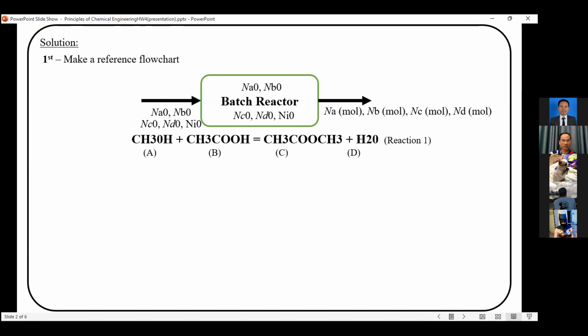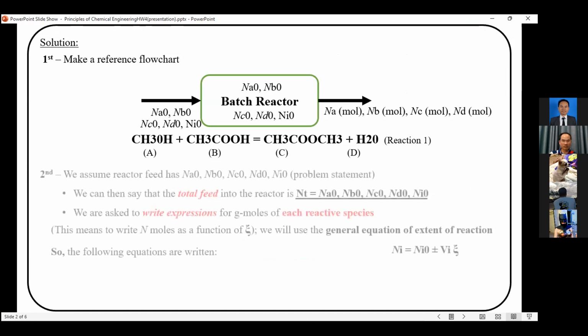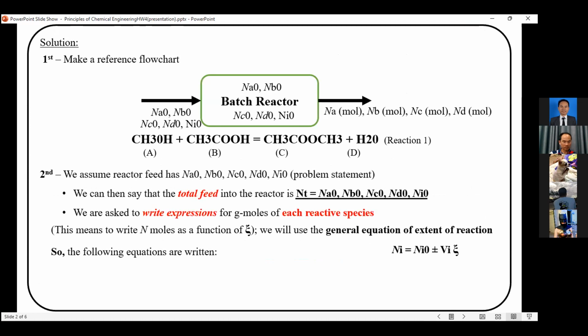So this is the reference flow chart, and the problem statement says that we need to suppose that the reactor feed has initials A, B, C, D, I. So using this assumption, we can then say that the total feed in the reactor would be equal to N total, which is equal to the initial moles of A, B, C, D, I. And using this